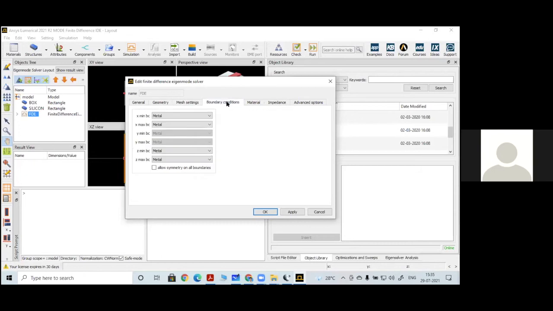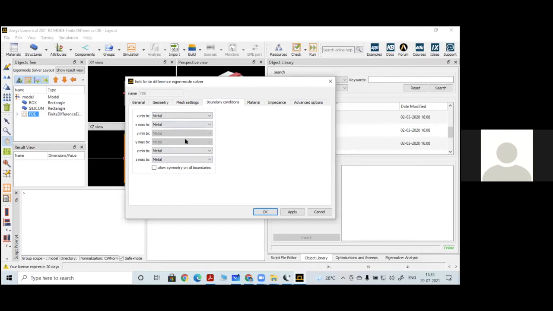And these boundary conditions are very important. In some cases where we don't want any absorption, we can go to the various boundary conditions that are available. But you must understand the boundary condition concepts from the textbook and know all of them for the structure you are implementing. For this waveguide, I'm keeping the boundary conditions as metal itself.